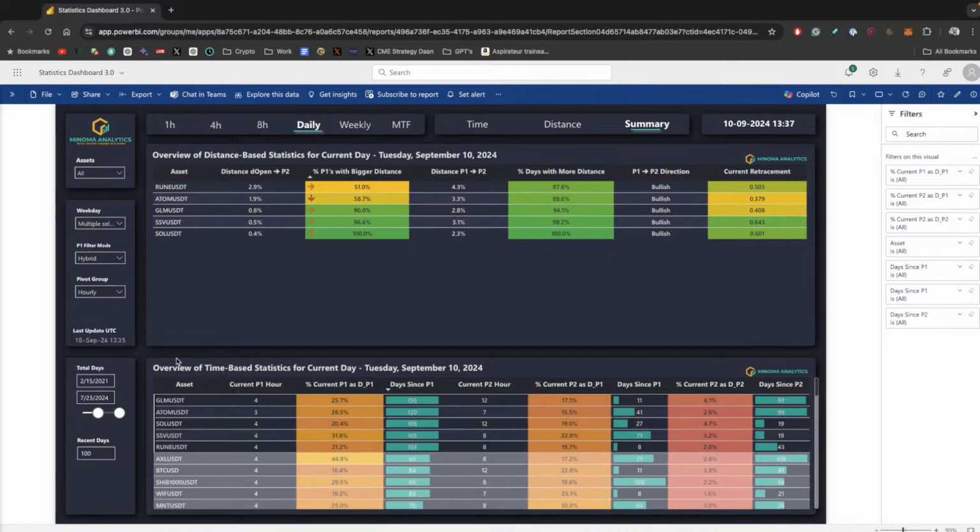When I use the 3 hour, I'm mostly interested in these percentages, not in the days since P1. These columns I'm mostly interested in when looking at hourly. But anyway, I'll finish my train of thought: since these are bullish and you can already see the retracements are getting pretty low, right? This is already the 0.6. So it indicates a bit of weakness, unless it reverses, obviously, but it has confluence with that bias for downside, because these are bullish, so they're all the daily lows.